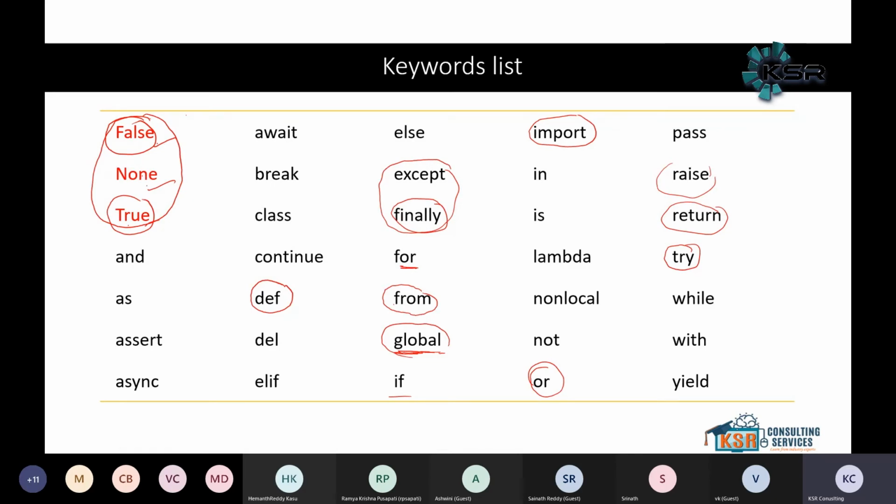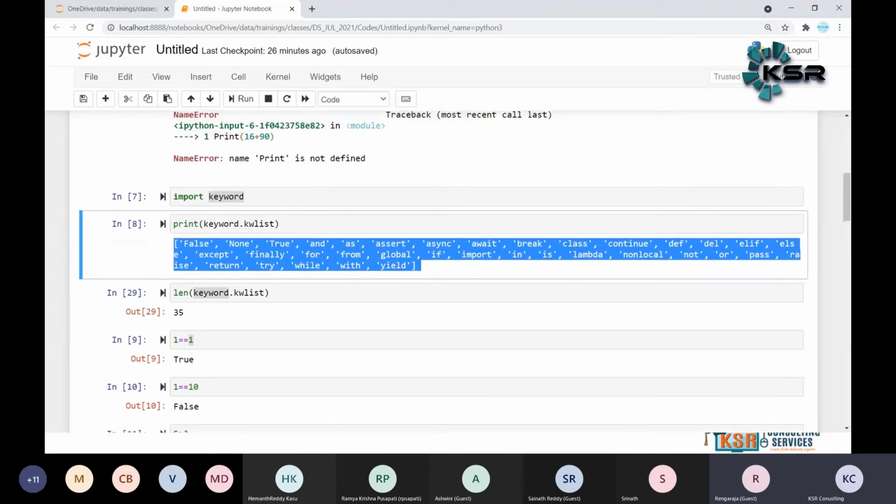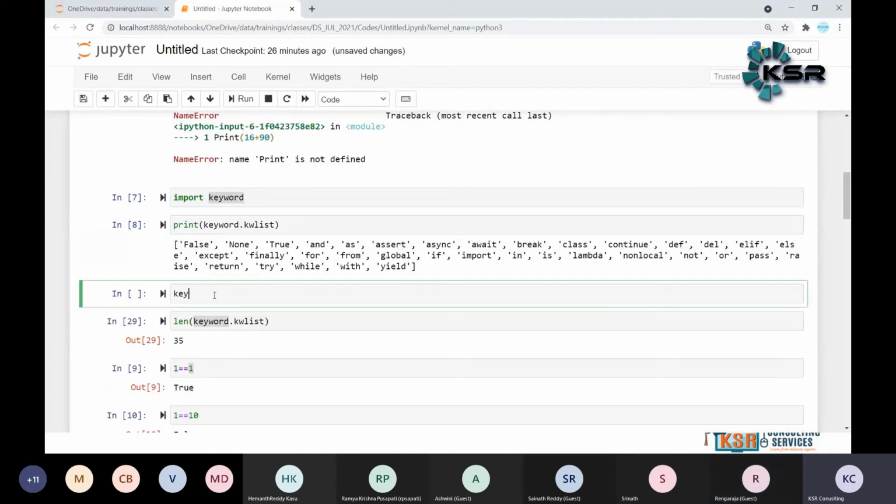Any questions, guys? Any doubt? Is there a keyword list we have specified to get that? What other options do we have? Something like keyword dot. If you want to understand it, press the tab.